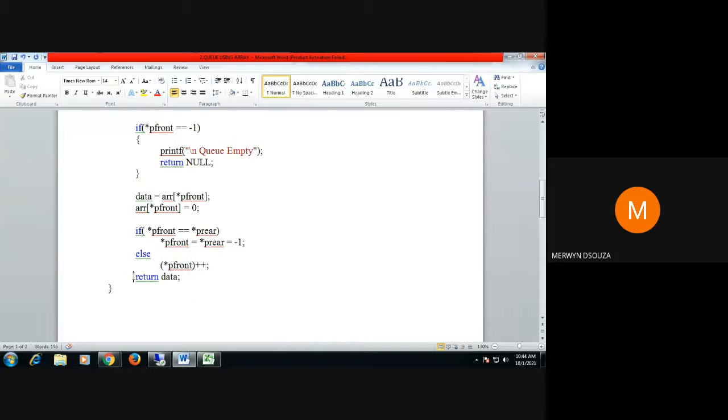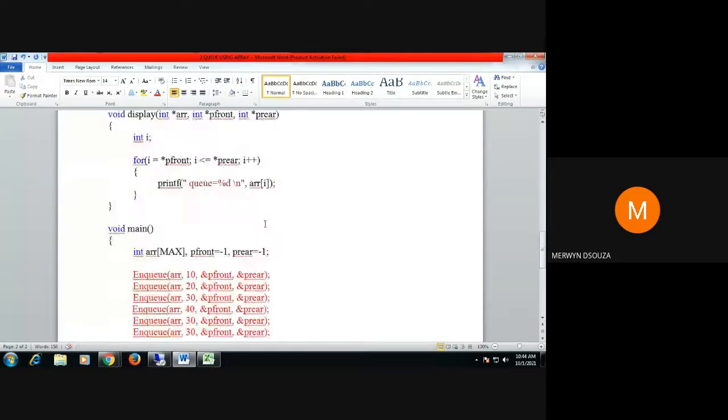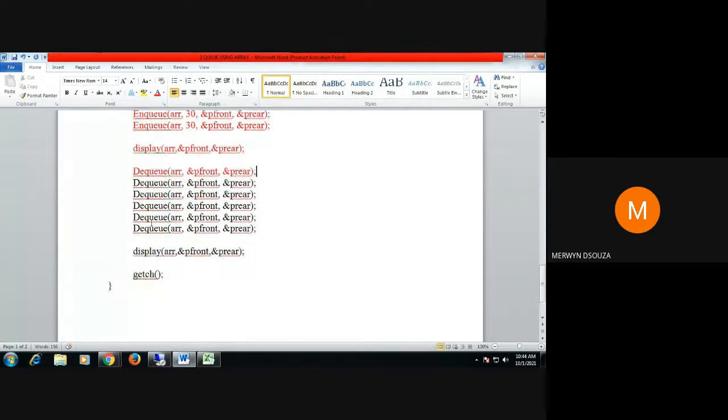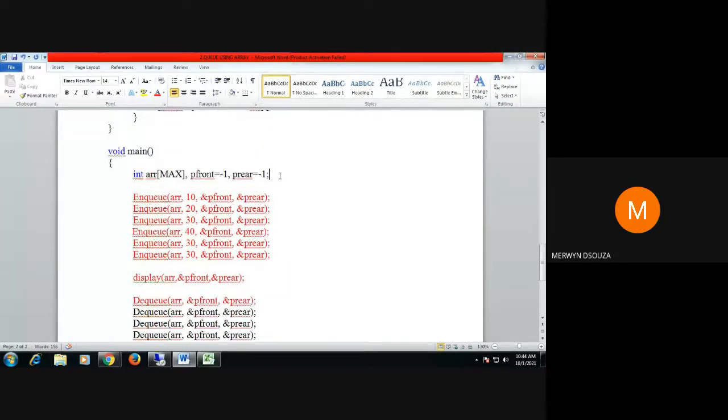After that I return the data that was deleted, and I can print this data in the main function. I can, after returning this data, or I can even print it here itself. It depends. Here you can modify this and have one variable d that receives the data that you're sending.